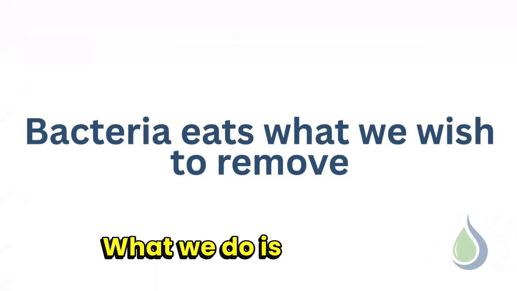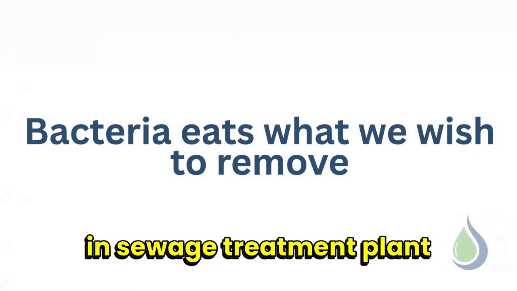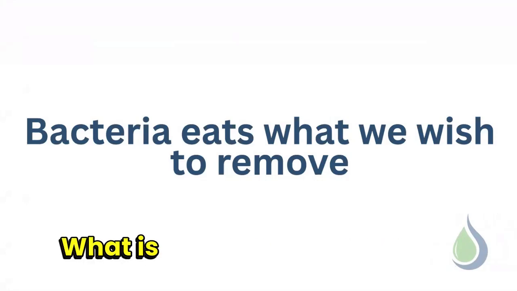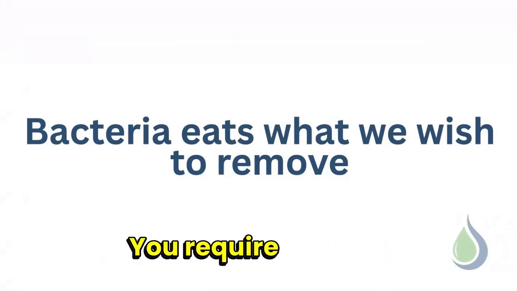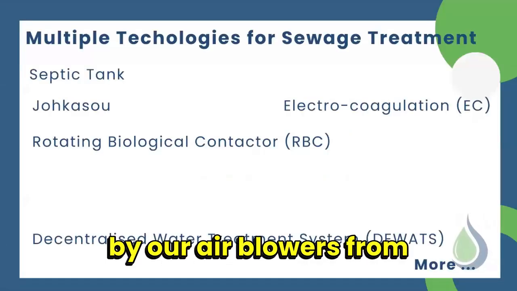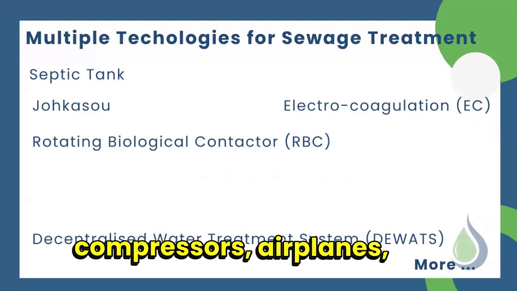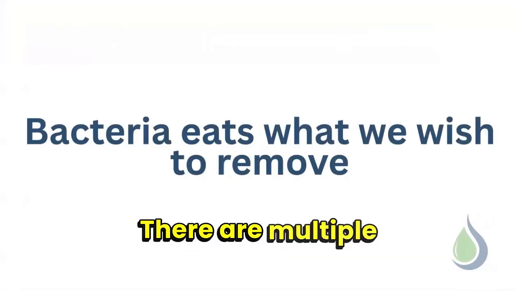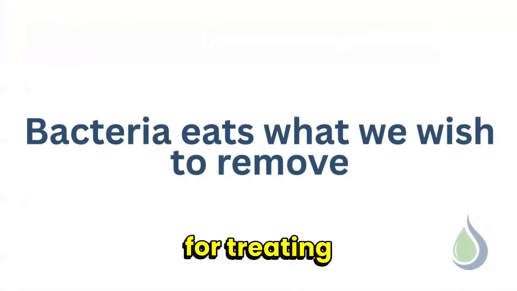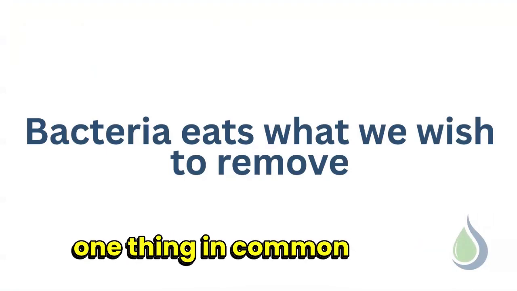What we do is we create a favorable condition in the sewage treatment plant for the bacteria to grow. What is a favorable condition? You require oxygen. So the oxygen is provided by air blowers, from external sources like air compressors,